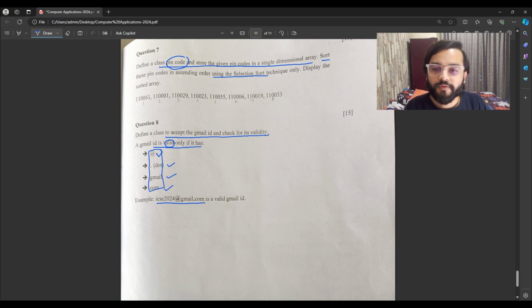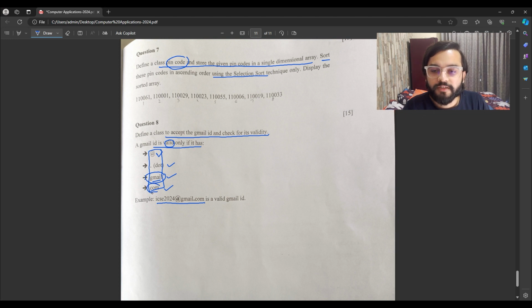So what we will do is we will consider @ and dot as characters, and check if these characters are present in our string or not. To check for gmail and com, we will be creating a substring from our main string, and we will compare this with our gmail string whether it is present or not.